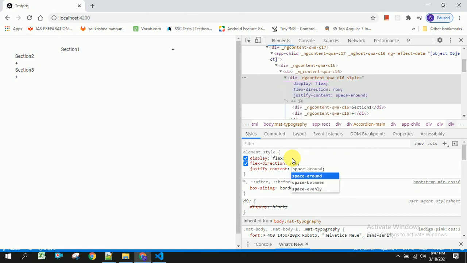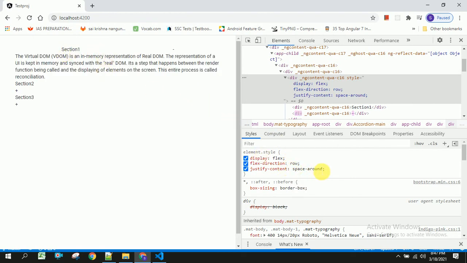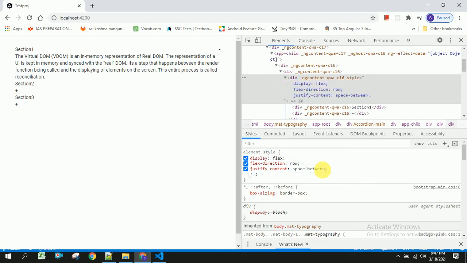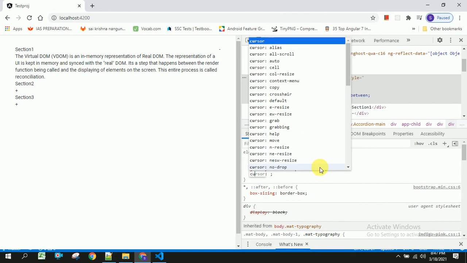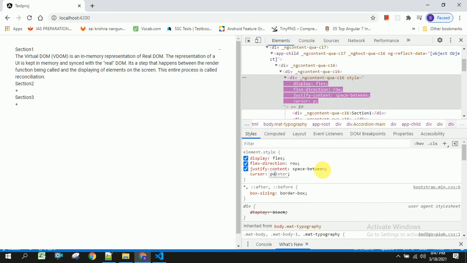If you apply space around, you will be getting the spacing on either side of the section, and if you apply space between, we will get the space only between the data. Now I am going to apply another style called cursor as pointer.